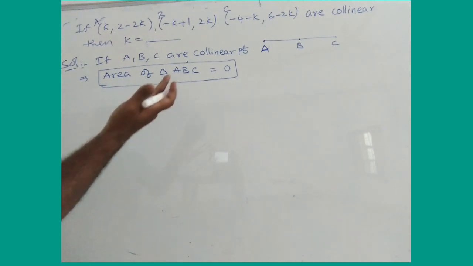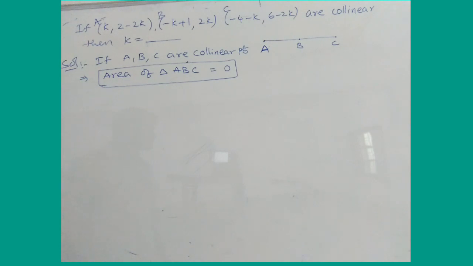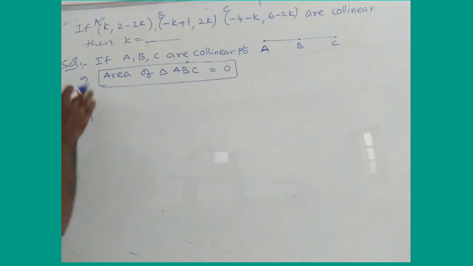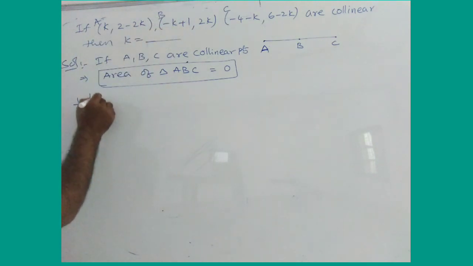Because no triangle exists, since the points are collinear, hence we can take that the area is 0. Now coming to the formula for the area of a triangle, I am using the section formula. Write all the x coordinates: k,